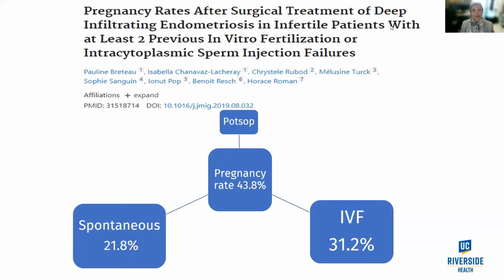And interestingly, in this infertile group, up to 50%, so 43.8%, almost 50% were able to get pregnant after surgery. And in those patients, about 22% conceived naturally, so they didn't even need IVF, and a third required IVF. This is very interesting data because this is telling us nothing has changed with this patient except the surgery to remove the endometriosis. And once the endometriosis was removed, about a quarter of those patients were able to get pregnant naturally. That is excellent news, and they failed IVF already.